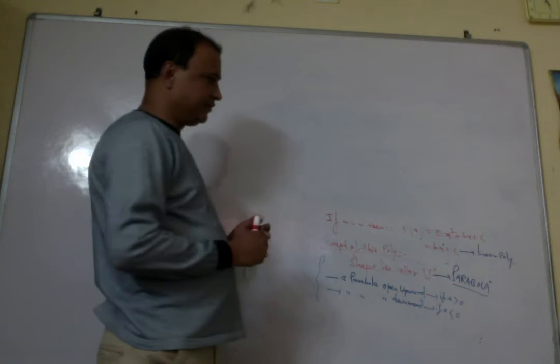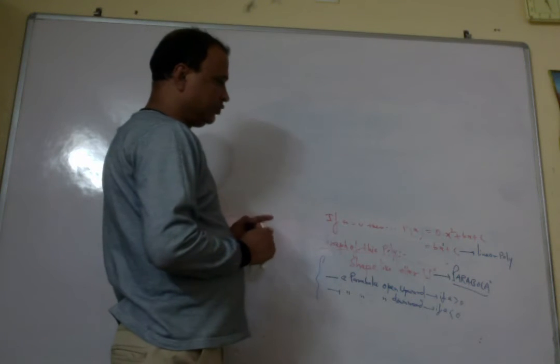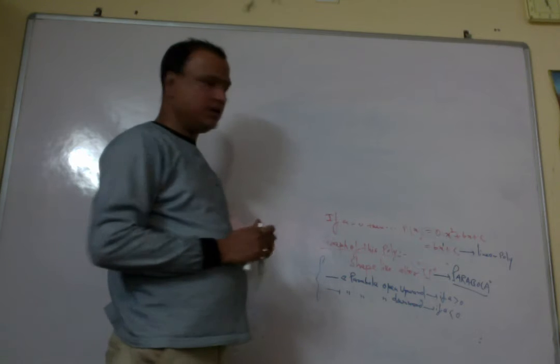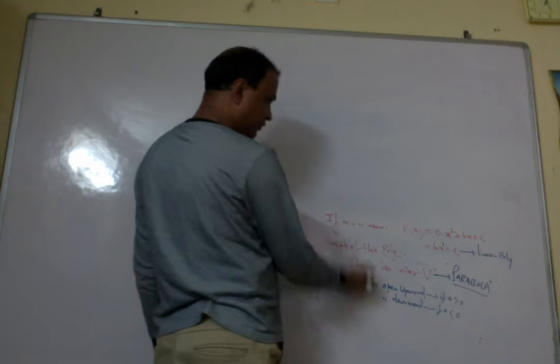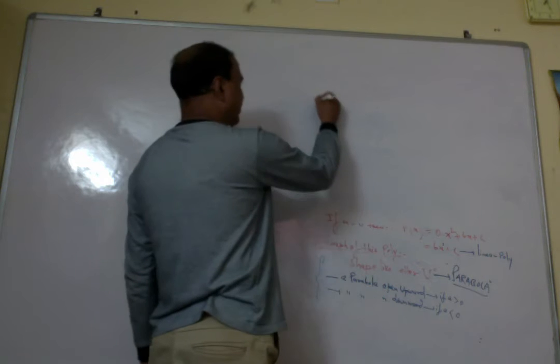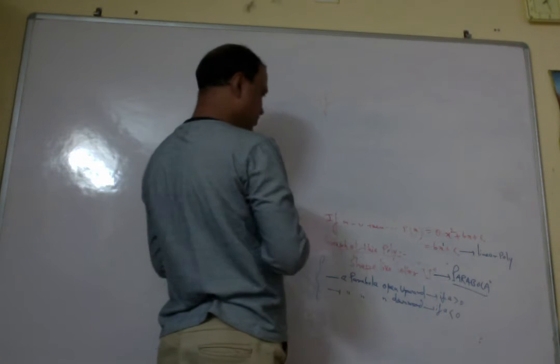So now we proceed further after that. So the parabola will be open upward or open downward. Now the question is, if a is 0, then what? I told you before, very clearly,